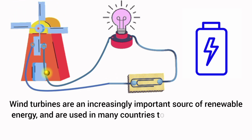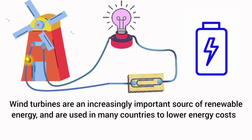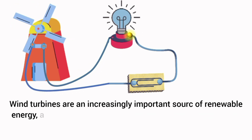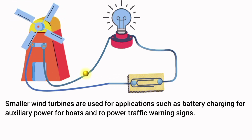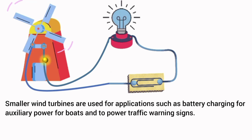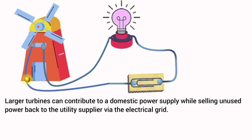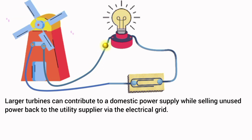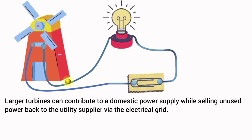Wind turbines are an increasingly important source of renewable energy and are used in many countries to lower energy costs. Smaller wind turbines are used for applications such as battery charging, auxiliary power for boats, and to power traffic warning signs. Large turbines can contribute to a domestic power supply while selling unused power back to the utility supplier